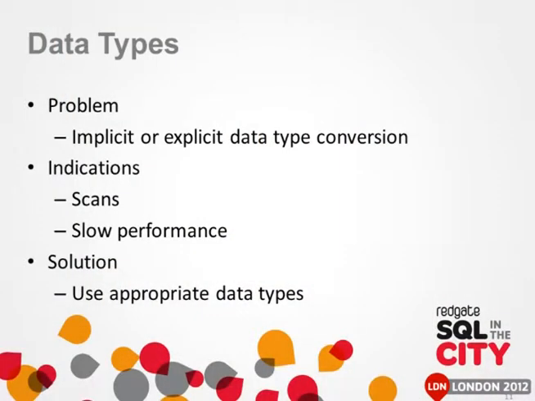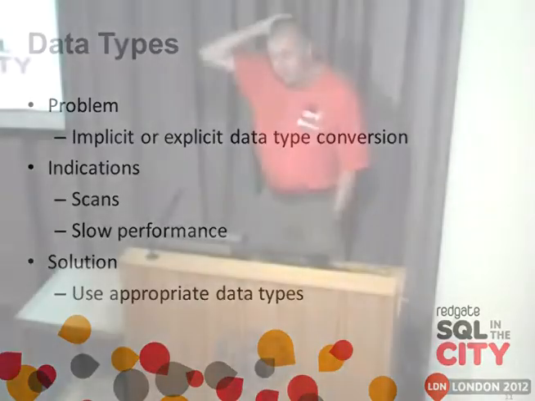Okay, cool. Great. So data types. I mentioned this earlier, mainly because I knew I had a slide for it. I cheat, I admit it. Implicit or explicit data conversions, either one leads to scanning. I'm sorry, but it does. So that little trick you do where you just ignore the fact that the date's stored as a string and treat it as a date anyway, and it does an implicit conversion, and you're still wondering why the query is running so slow? Yeah, there you go.